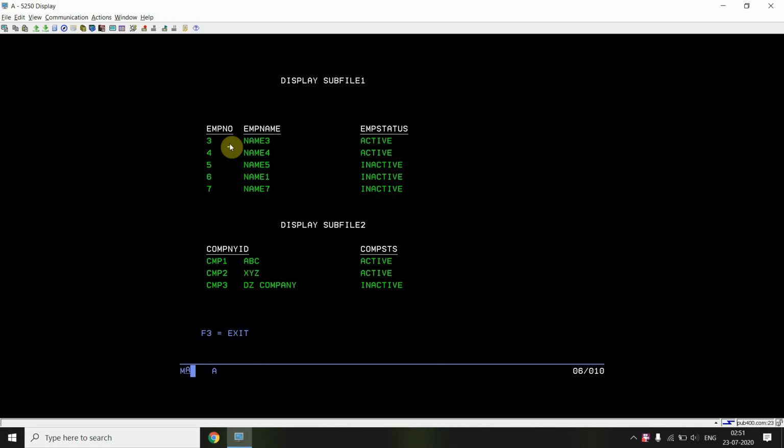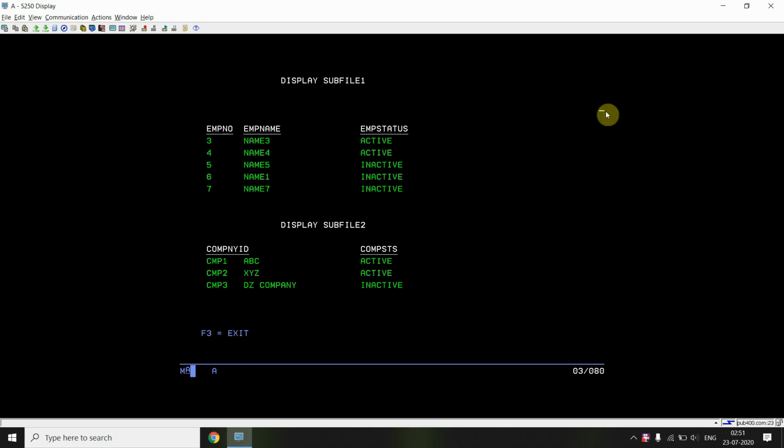There is information for you that at a time there can be 12 subfiles active. Currently there are two subfiles in active state because I just created this example for two subfiles. Here we have seen that if the cursor is in the area of subfile 1 and we do page up and page down, I can do it for that subfile.